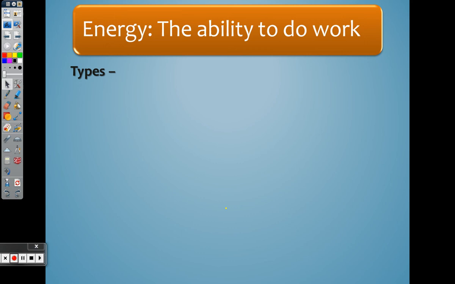What is another type, Alana? Kinetic energy. Now, a lot of these energy types are subtypes of energy, okay? Kinetic energy is just our energy of motion. So anything that's moving is going to have kinetic energy. It is a very broad type of energy, and there are energy types that are subcategories of that we'll talk about.